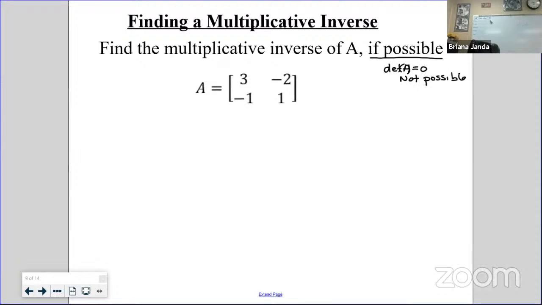So we always have to keep an eye out for that. I think it'll kind of take care of itself as we do that. So if I go off to the side and I just find the determinant of A to see if I can even do the inverse of this, our determinant is A times D minus C times B